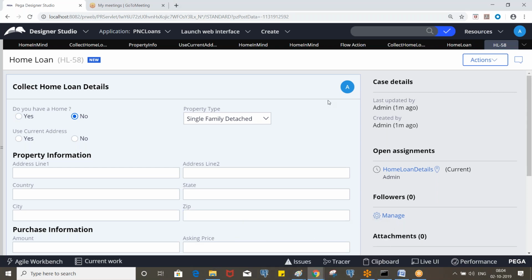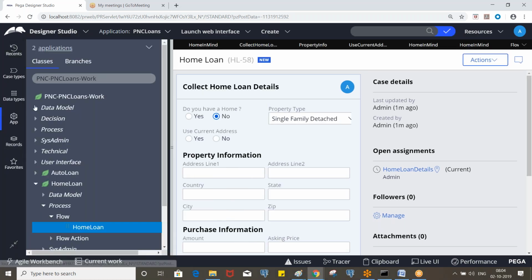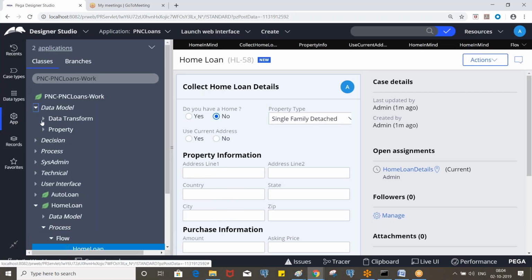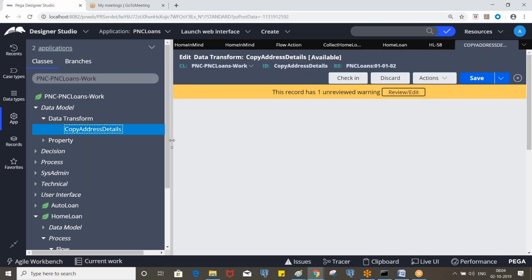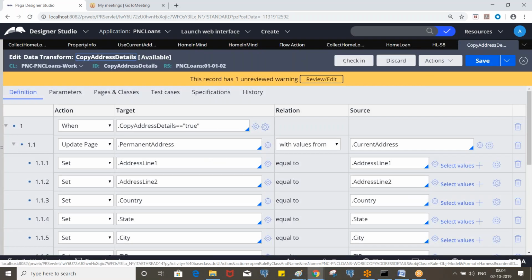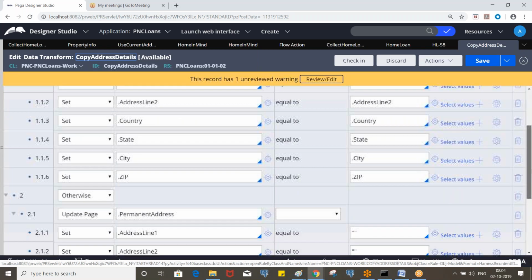If you want, you can create a new data transform also. So we have a data transform. Okay, let me open that. But again, this is in the work class, so you cannot reuse it. You need to save as into home loan, or you can create a new one.